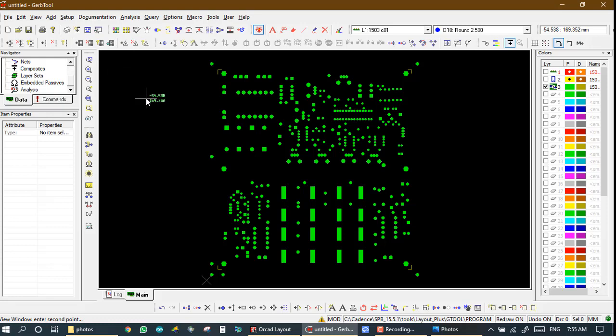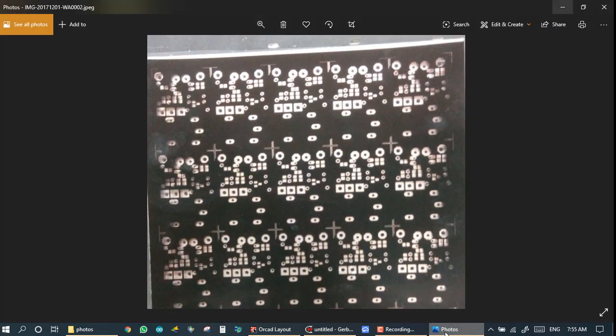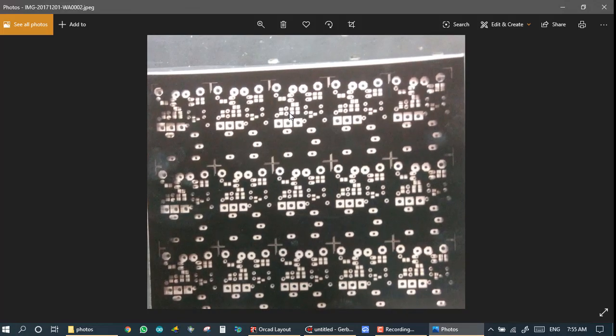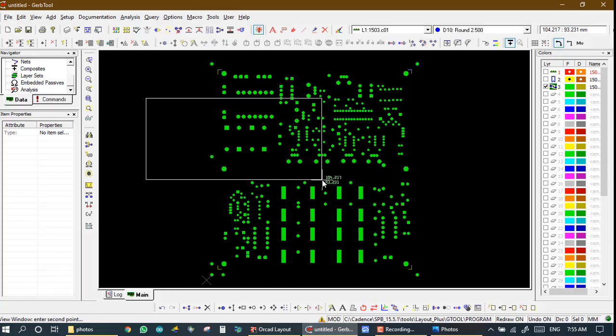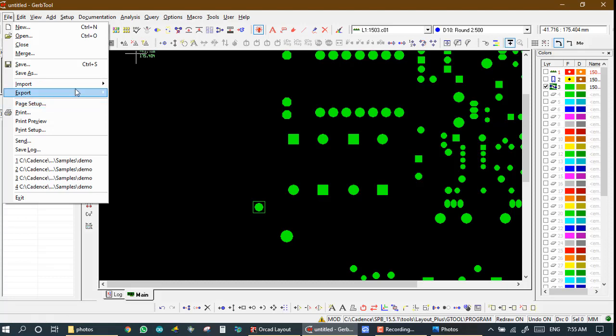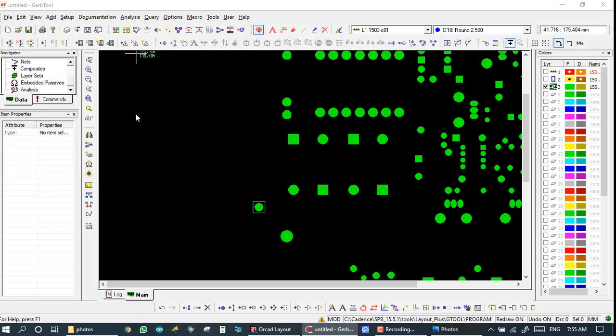In some production, in a Gerber, we want to composite two layers. Like this is my PCB in the CNC department, and this is a masking layer, or masking layer Gerber output, and here this is also my masking layer output. Here we have flash on the drill. If I input the NC file, import NC drill,